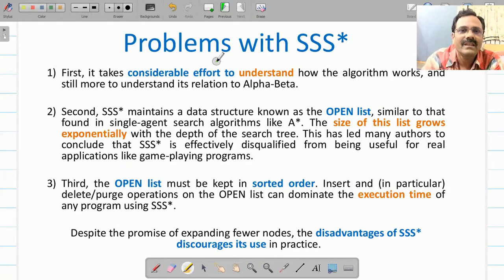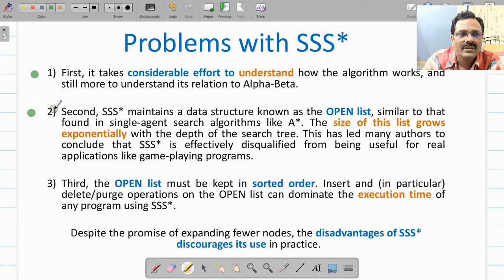Now let us summarize this SSS star algorithm. Although it evaluates fewer nodes, it has problems. It is a very complex algorithm and takes a considerable amount of effort to understand how it works. It's a combination of best first search, A star search, AND/OR graph search, and alpha beta cutoff.